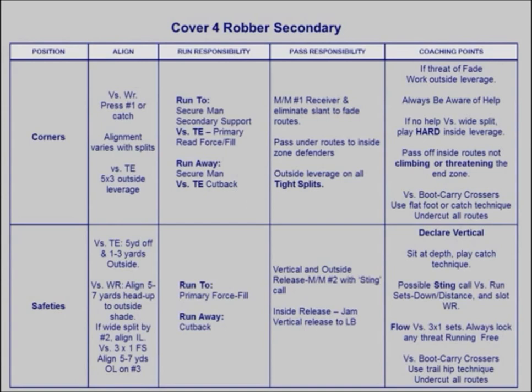And it's usually going to be, you've got to squeeze routes close to the hash to get it, okay? If you have a super wide split and you know you can't get your receiver to that hash mark landmark, you've got to play hard inside and cut off all routes, okay? Pass off inside routes, not climbing or threatening, meaning they're running shallow and across the formation. You can pass those routes off to the underneath defenders. And versus boots, you've got to carry all crossers because we will lose our linebackers in the play action game,